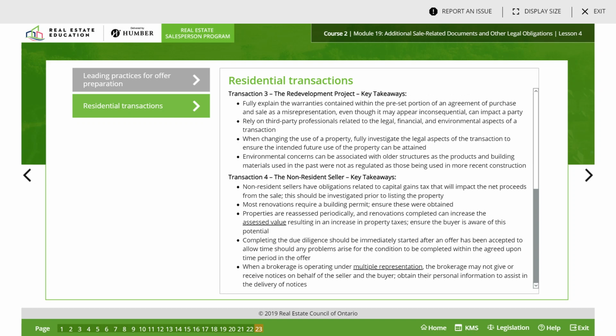The redevelopment project. So the key takeaways in this is you have to fully explain the warranties contained within the preset proportion of an agreement of purchase and sale as a misrepresentation. Even though it may appear consensual,